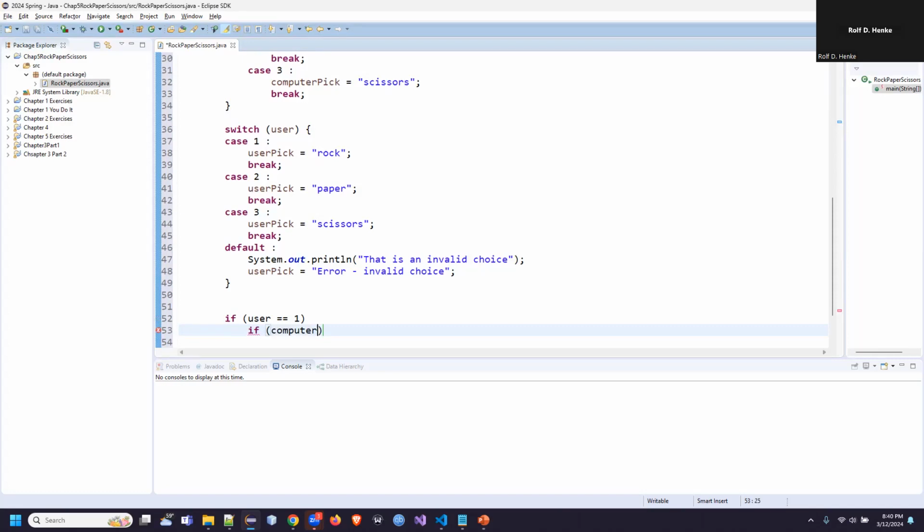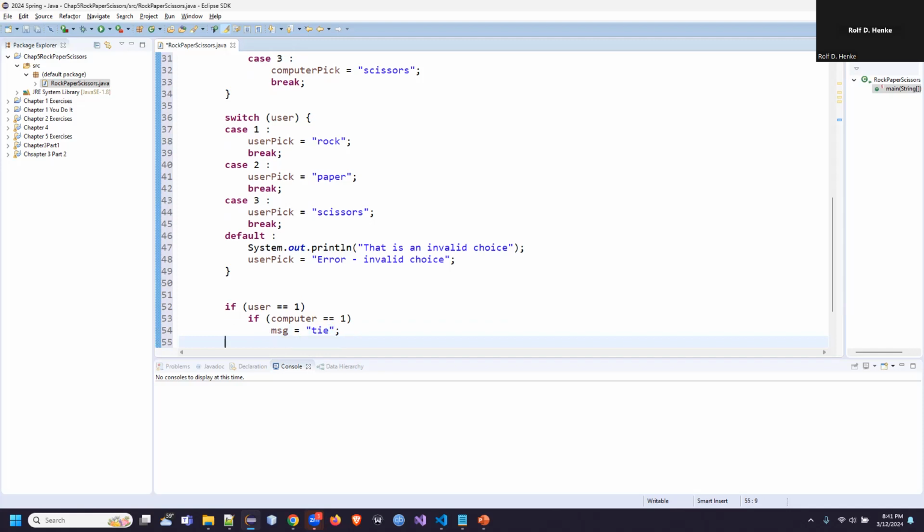If the computer is also choosing one, so the user picked one, the computer's picking one. Yes, this is a nested if statement. Then I'm just going to have a message basically saying, all right, in this case, the result is a tie. Right. Else,